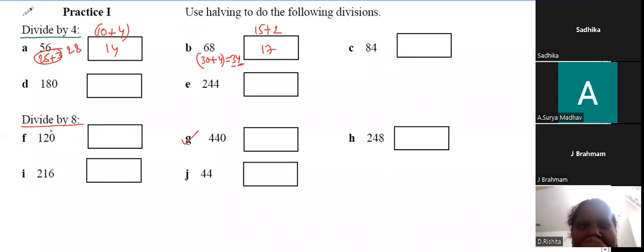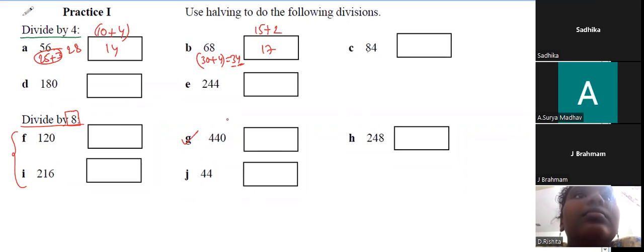Yes, sir. Here, what you have to do? You have to divide this number by 8. Means you have to halve this number how many times? 3 times. Yes. One time half results in